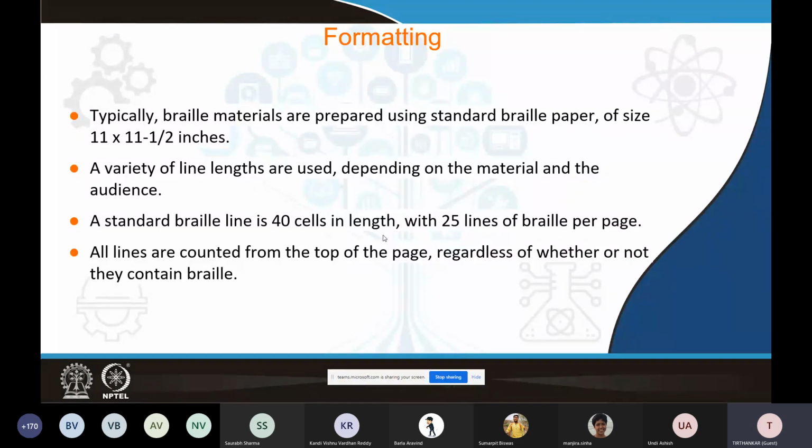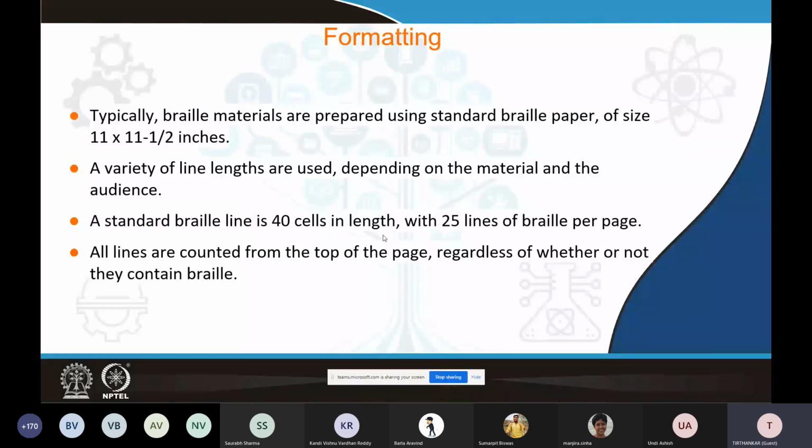We have also discussed that, given these braille cells, they must have a very specific distance between the individual dots. Otherwise, it becomes very difficult for a person to read and write, or to understand the individual cells. Similarly, there should be a fixed width between two different words. And similarly, there should be a good difference between the lines, right? And therefore, it becomes a very strict formatting issue when we discuss